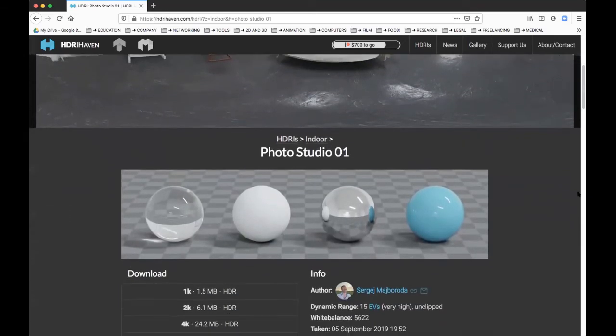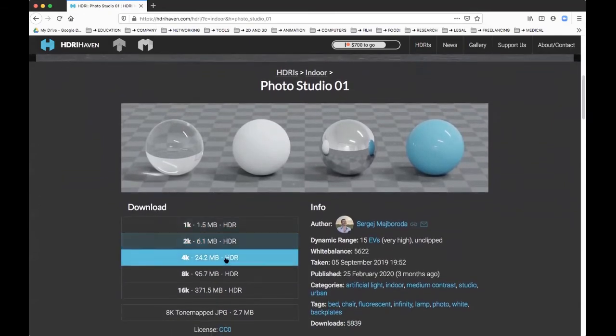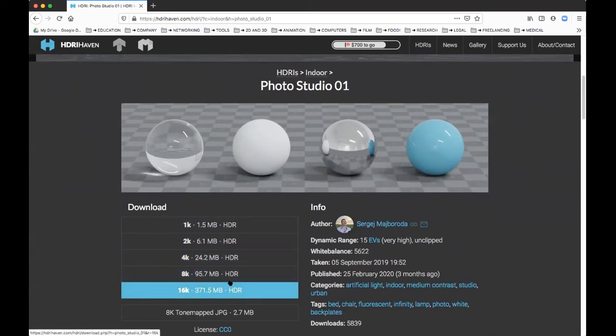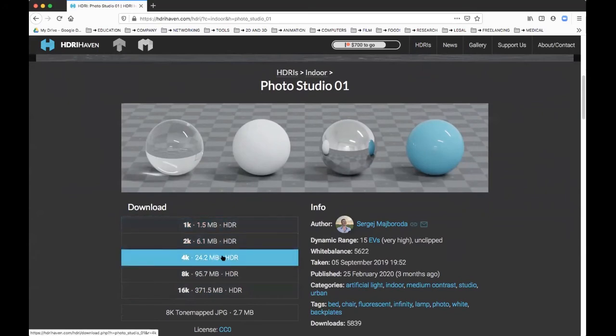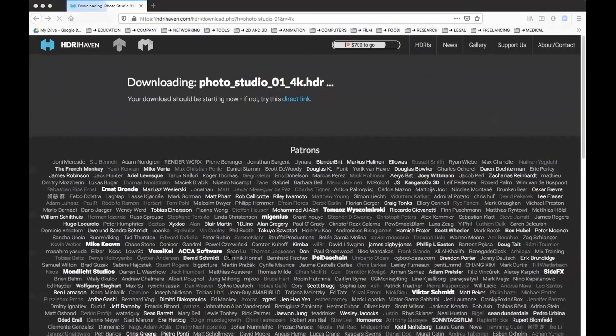This is what it looks like, and this is where you guys are going to go download them. I recommend that you guys work with 4K, all right? Don't get anything higher because you're going to choke Maya, but you guys want to find this one. So I'm going to download the 4K HDR, and I'm going to save it, and I'm going to put this in my source images. All right, so I'm going to remember